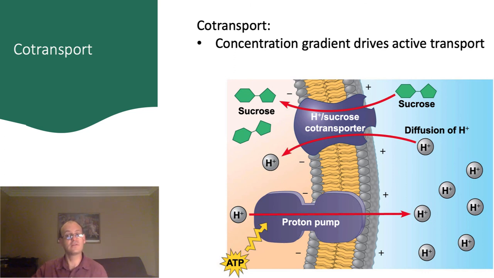Notice that the sucrose is being concentrated by the cell and is therefore going against its concentration gradient. This usually requires energy. But instead of using ATP directly in the sucrose cotransporter, the ATP is used by a separate proton pump in order to drive the protons out. The electrochemical gradient itself provides the energy for the proton-sucrose cotransporter to operate.